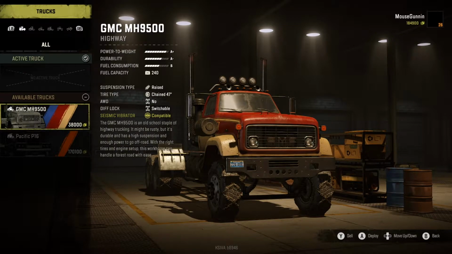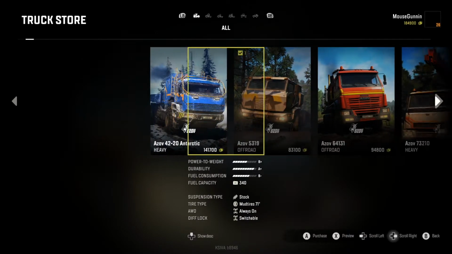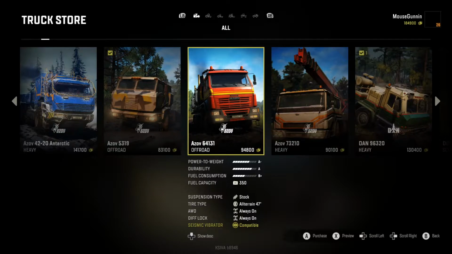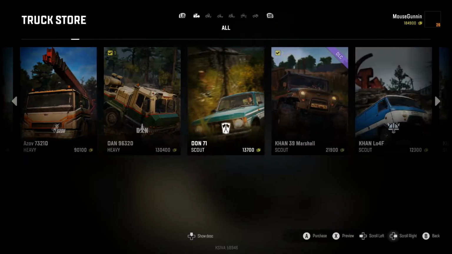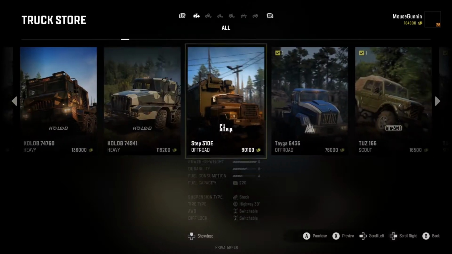Okay, well, let's go back to the truck store. So I should probably stay away from things that are classed as heavy. Although, see, that one looks like it can haul a trailer, because it shows it in the picture. So this one might be okay. I don't know if I can afford it. This one's probably most likely okay. See, this one's class is heavy, and this might have the same problem, so...